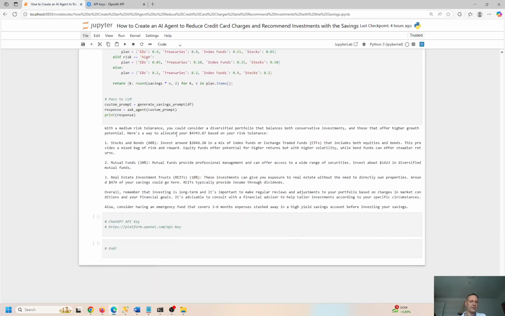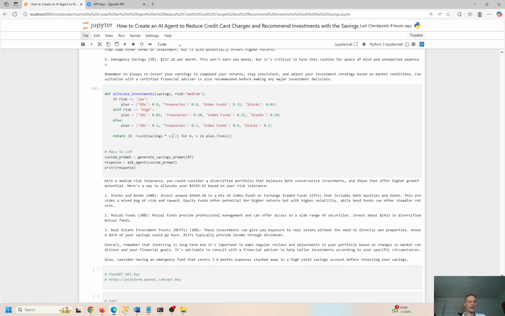So pretty simple. Once the AI agent is set up and trained on your historical credit card transactional data, you can ask it questions about anything. It can give you customized recommendations. It's going to be different for every single person. For you and me and your friends and my family and your family, we're all going to get custom recommendations for investments and for saving opportunities from this AI agent.